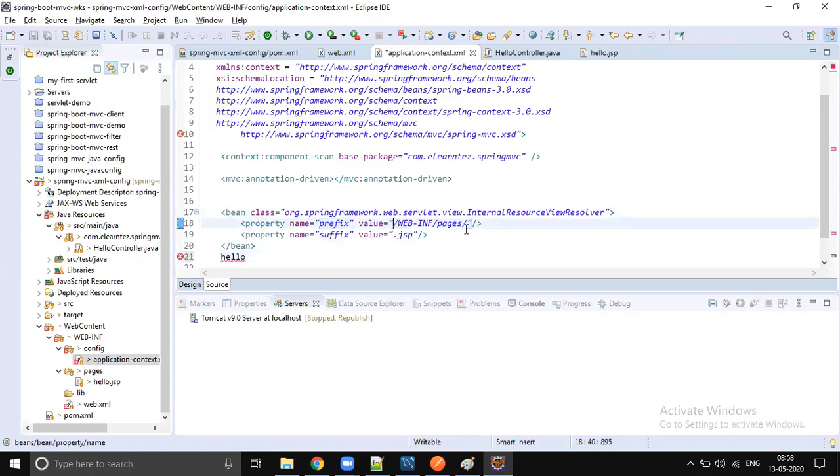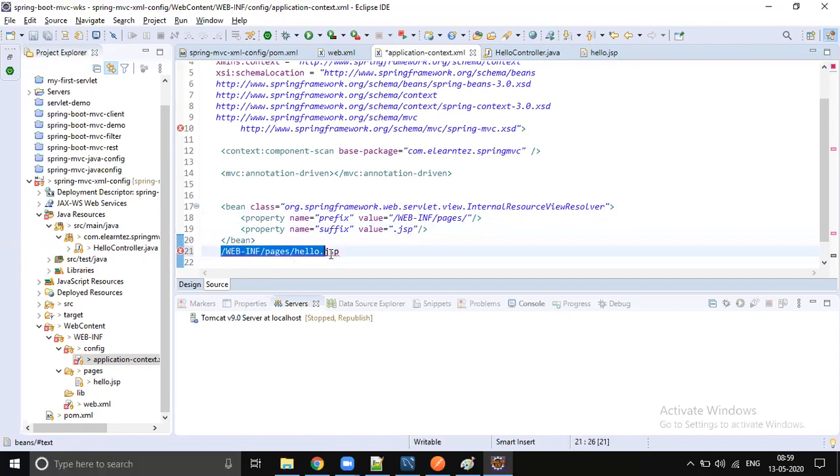In the internal resource view resolver, there are two properties: one is the prefix and another is the suffix. The prefix will be placed before the string which we return from the controller, and the suffix will be placed after the string which we return. So this becomes the full path: WEB-INF/pages/hello.jsp.